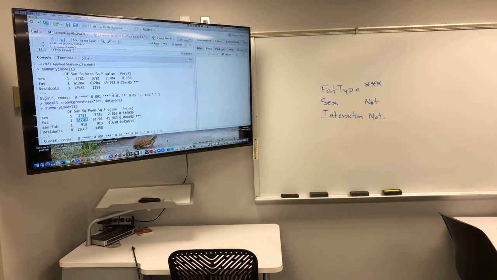What is different about the two ANOVAs is the residual value. You see that the residual value in the model with the interaction term included is lower than the residual variation value in the original, and it's because some of the unexplained variation is now explained by the possible interaction between fat type and sex. And so